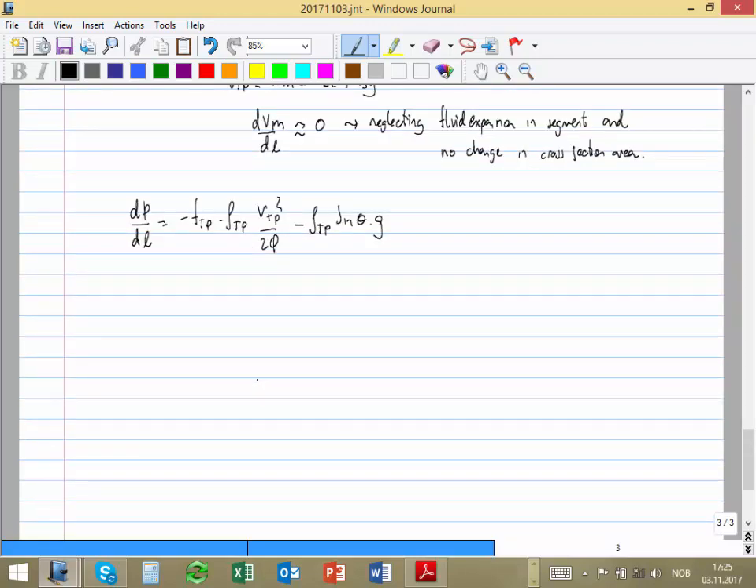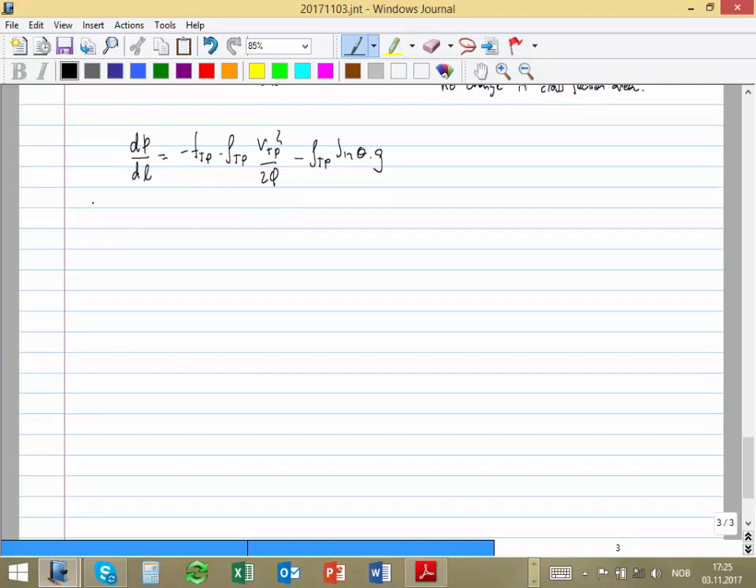Okay, so now let's talk about the procedure. How is the pressure calculated? If you have the pressure at the wellhead, how do you calculate the pressure at the bottom hole? Or if you have the pressure at the bottom hole, how do you calculate the pressure at the wellhead? So it's called pressure integration procedure, or steady state multiphase flow